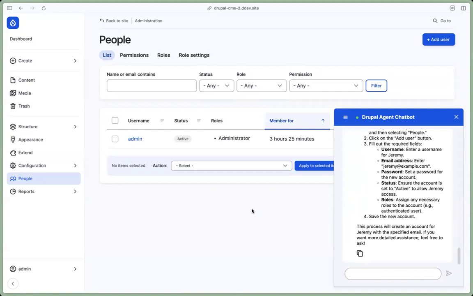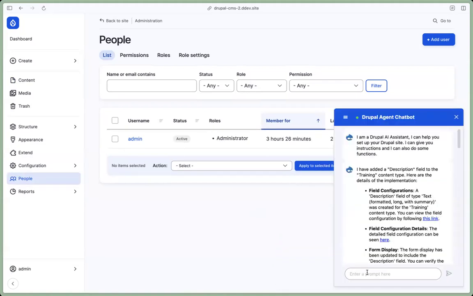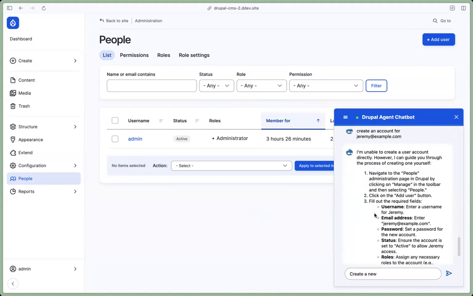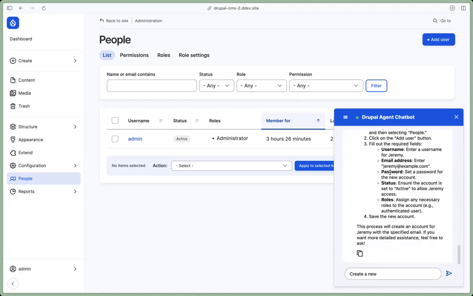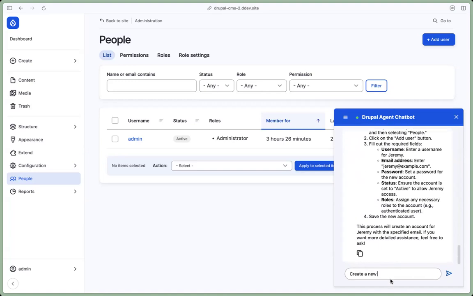Let's see. And save the new account. Nothing yet. Nobody gets accounts. But yeah, scroll up in the text. It says I can't create a user. Oh, I'm unable to create. Oh, that's what I was trying to say. Oh, thanks, Peter. Well, hey, if I read the notes, I would see. Okay, cool. So it can't do that, but it tells me how to do it. Awesome, which is helpful, right? If you're not used to it,